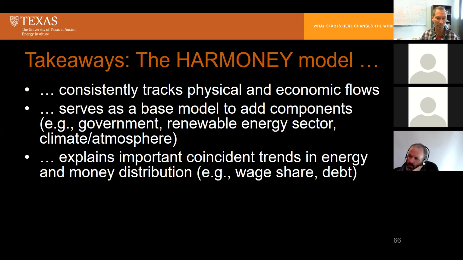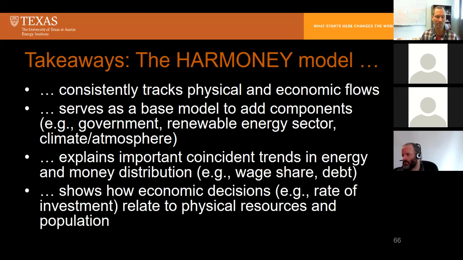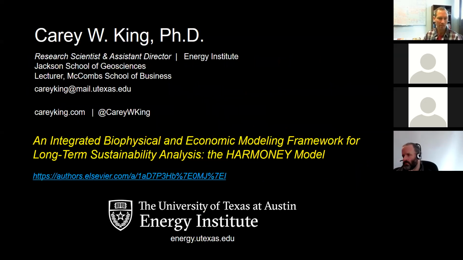The model, by doing this, is able to explain, or at least provide a physical resource explanation for, coincident trends in energy flows and money flows like wage share and debt. And it shows how economic decisions, like the rate of investment, do inherently relate to the rate of physical resource consumption and population. So listed here is the title of the paper in Ecological Economics, and it just came out